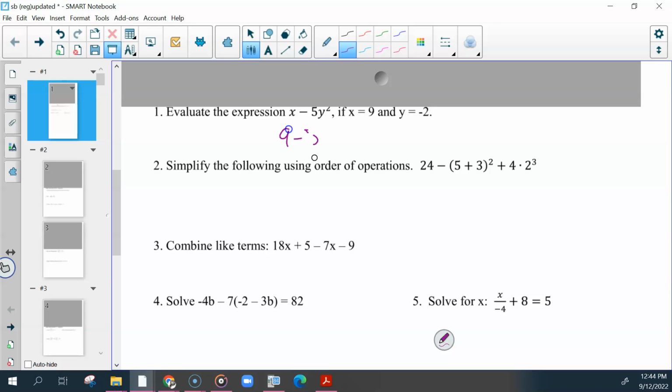Bring down everything else. So for y, I'm going to use parentheses, put in -2. Yeah, that's what confused me, because I wasn't sure if the exponent was with the 2 only, or if it was also with the 5. With the 2 only. If it was with both, it would look something like